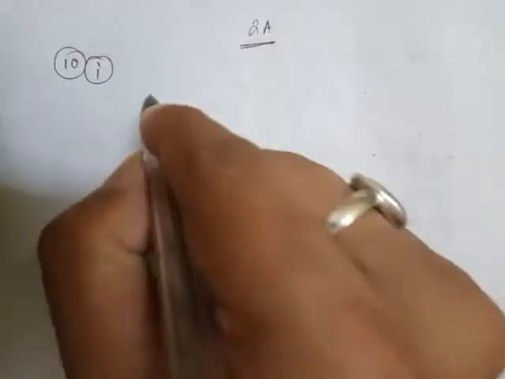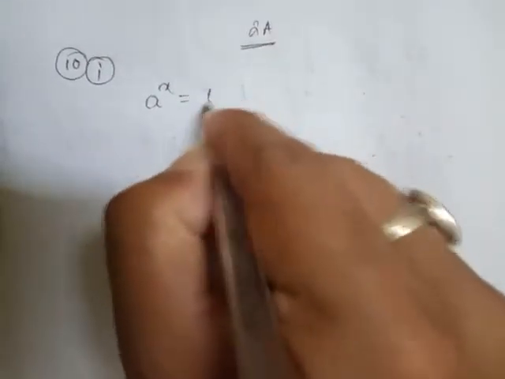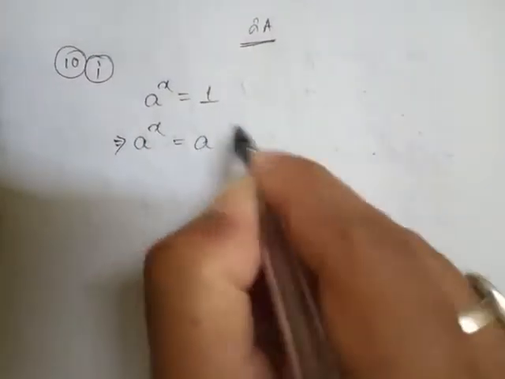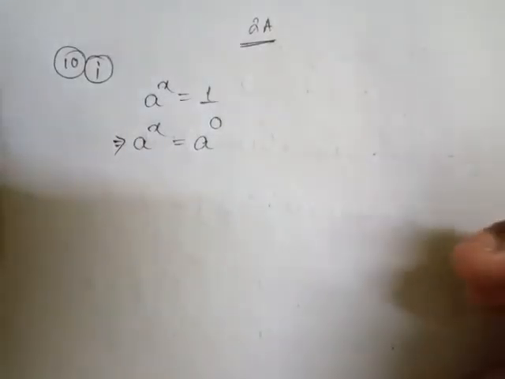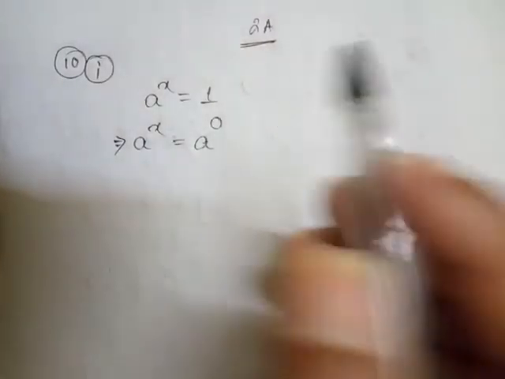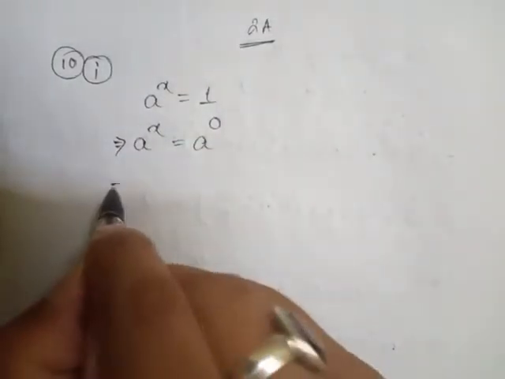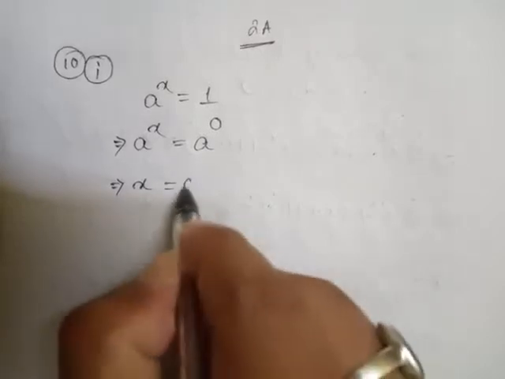Now look, students, 2A question number 10. Now the solution for the first one, question number 10, Roman 1. Here it is given a to the power x equal to 1. So this question is very easy actually, students. Here a to the power x equals 1, and 1 can be written as a to the power 0. Actually, anything to the power 0 equals 1, we know that very well. And here now the bases are the same, powers are equal, so here x is equal to 0.